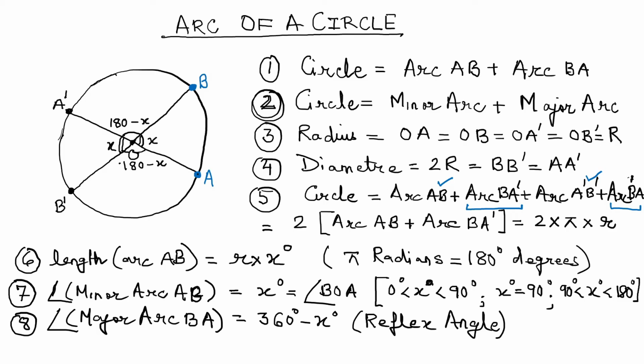Now you would see that more or less the discussion of the circle part, or the arc, which is nothing but a curve, a part of the curvature of a circle, is almost over here, and you have understood a few points about the length of the minor arc and the length of the major arc. Can it be calculated? Yes. So what would be the length of the minor arc AB here? The length of the minor arc AB is given to you as r into x degrees, wherein you need to convert degrees into radians.